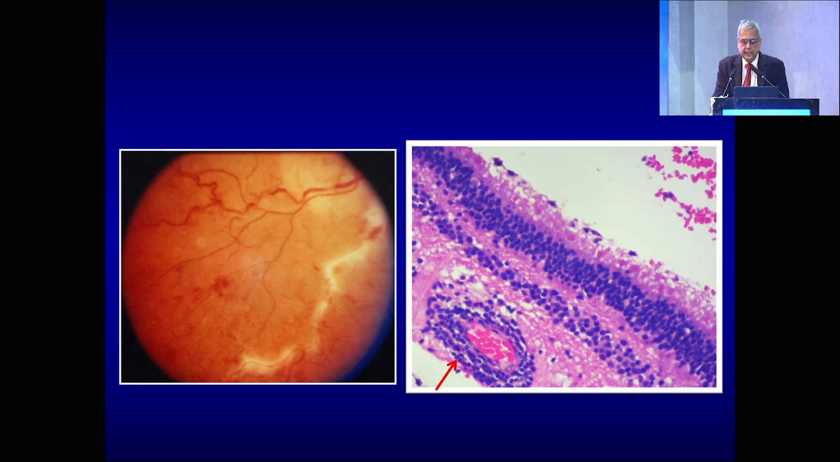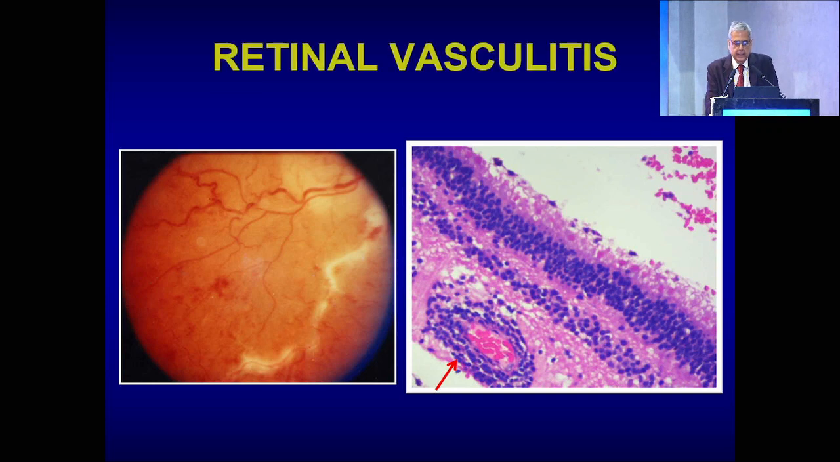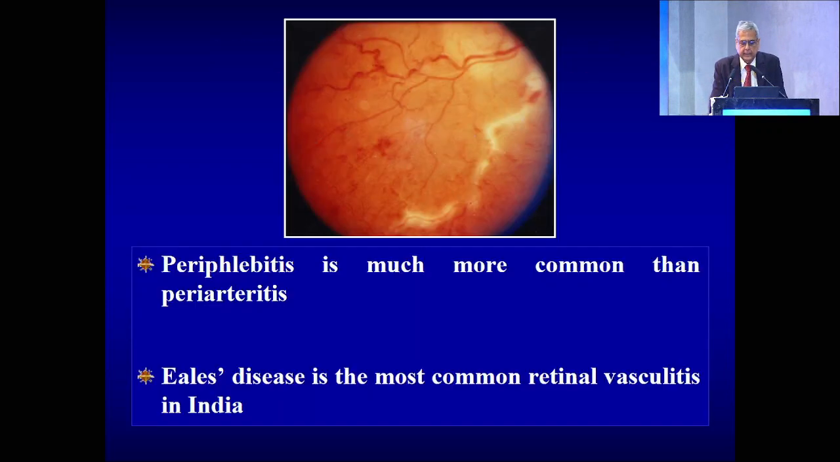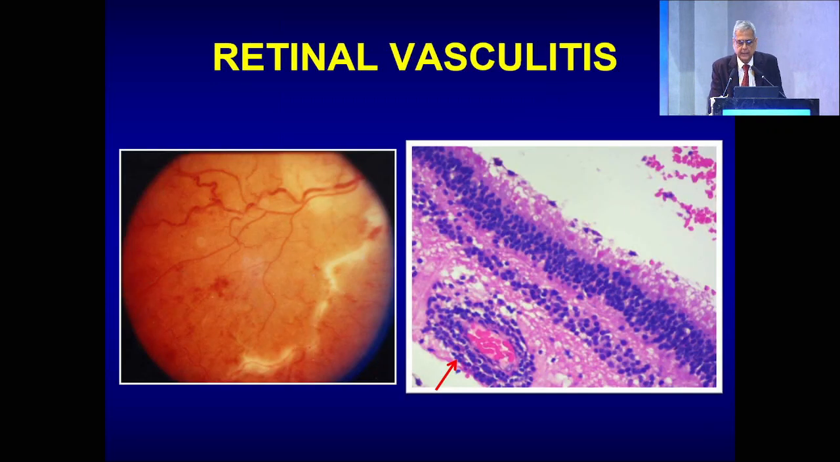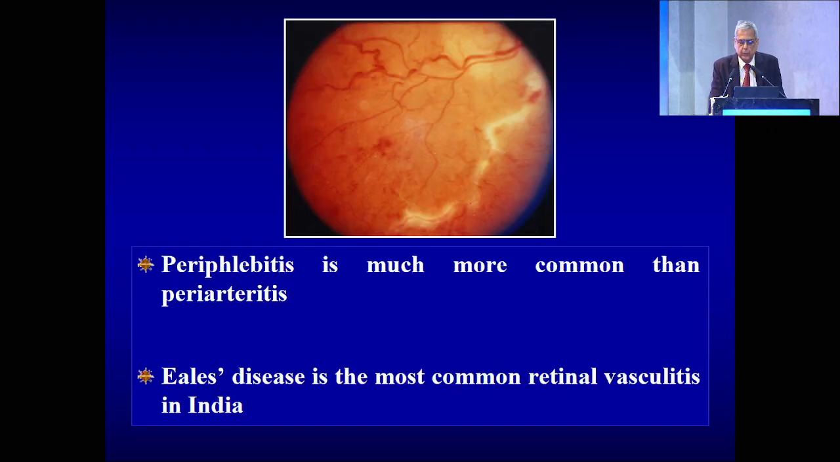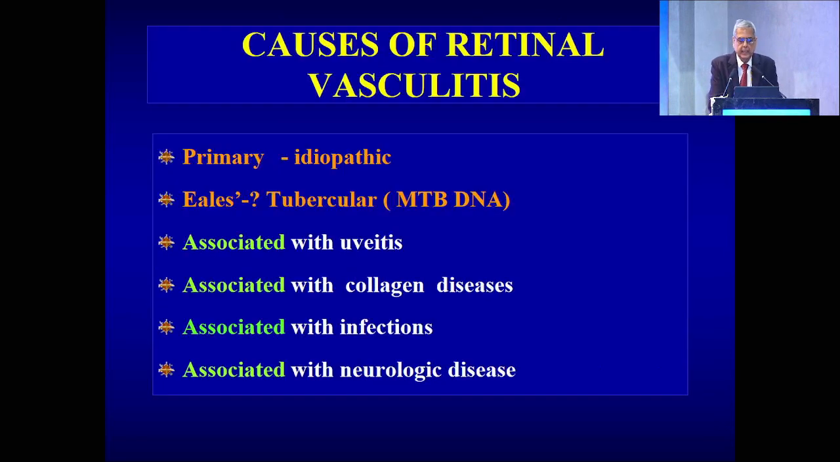Vasculitis is inflammation of the retinal vessels in the inner nuclear layer of the retina. Periphlebitis is more common than periarteritis. And this disease, which you used to see quite frequently earlier, is the most common retinal vasculitis even today in India. Retinal vasculitis can be divided into the primary idiopathic, which is now no longer to be